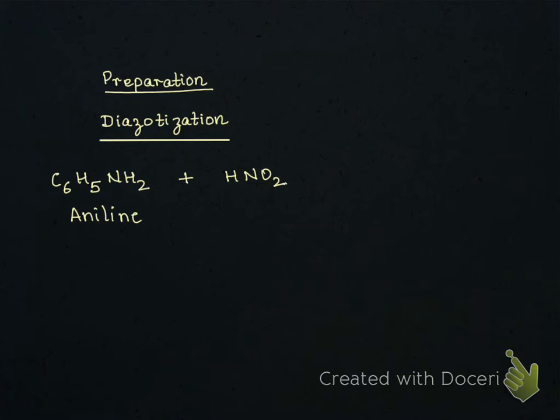Now, as you may have already done, nitrous acid you will not find in your laboratory reagents easily. It's a very unstable acid. It tends to get oxidized. So what we do is we prepare nitrous acid in situ. In situ means in the reaction mixture itself. Now when we prepare, we take sodium nitrite and HCl, and a very important condition of this reaction is the